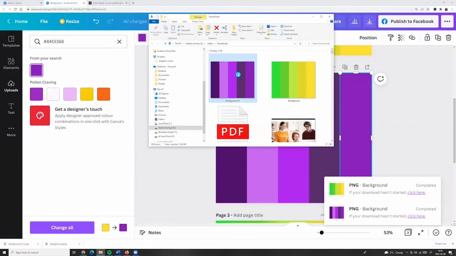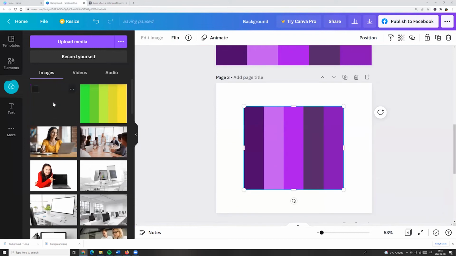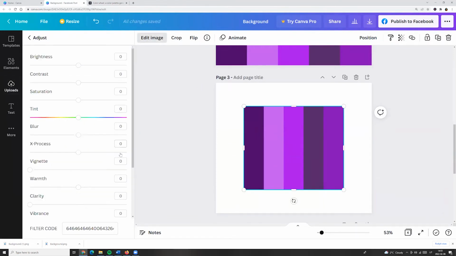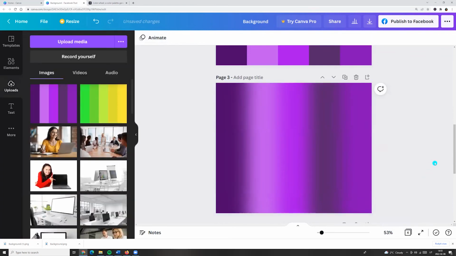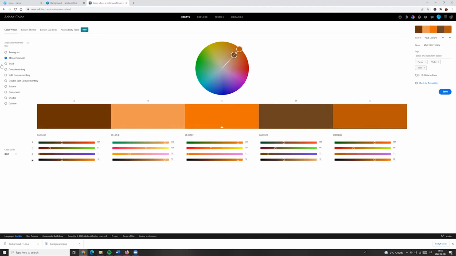Now we can take and drag to our Canva editor. Here we see our picture. Now we can adjust it and adjust blur, and here you go. We have another background, and the last one,